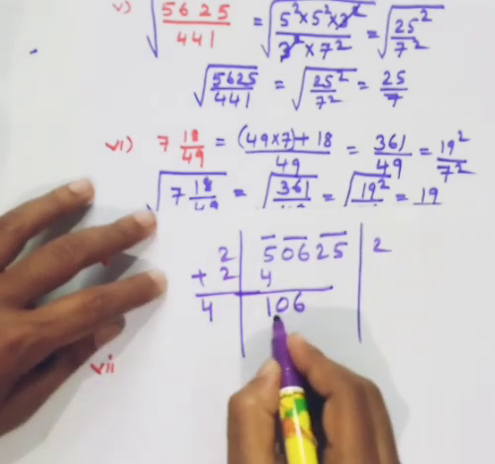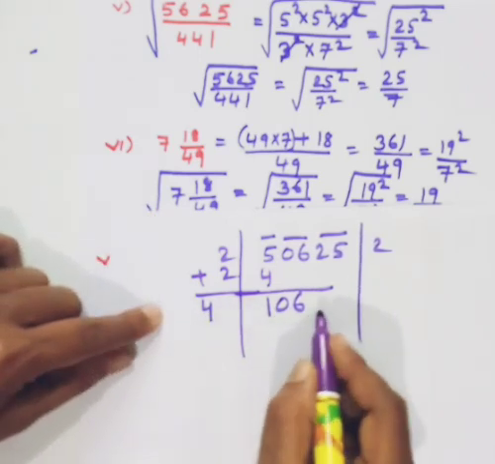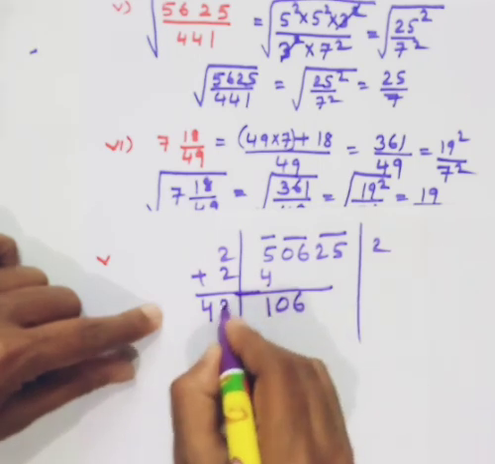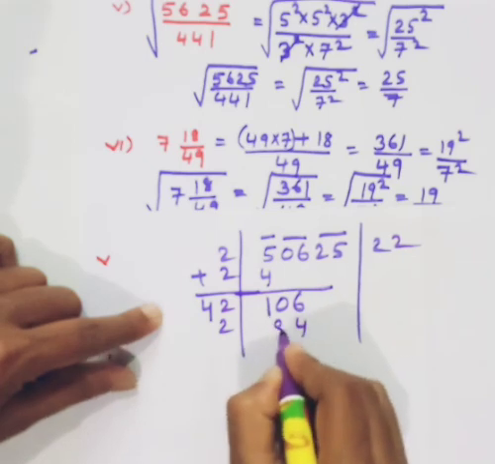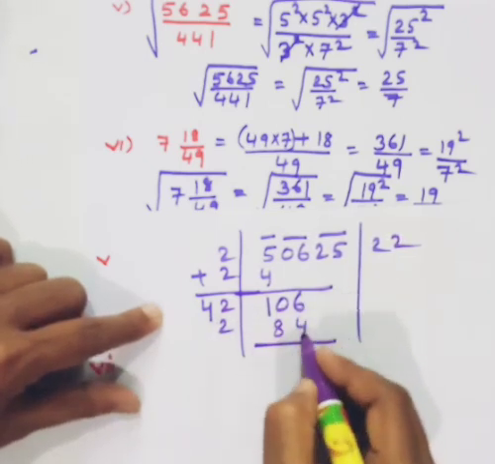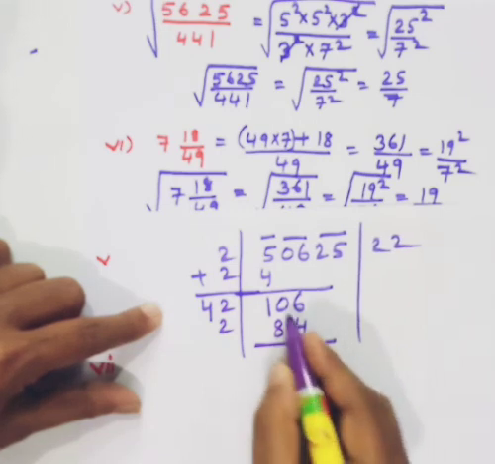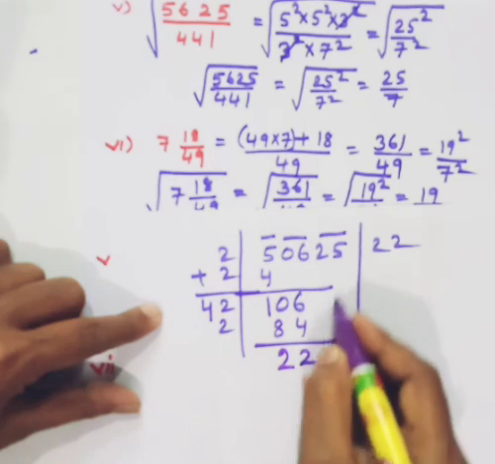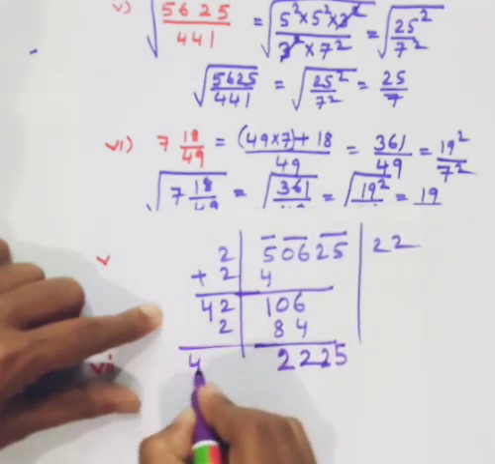See here we have how much? 10. So 2 times you will see 4 2s are 8 also. So 2 2s are 4, 2 4s are 8. 3s will be more, 12 will come here. So 6 minus 4 is 2. 10 minus 8 is also 2. Bring down 25. Here you have 44.